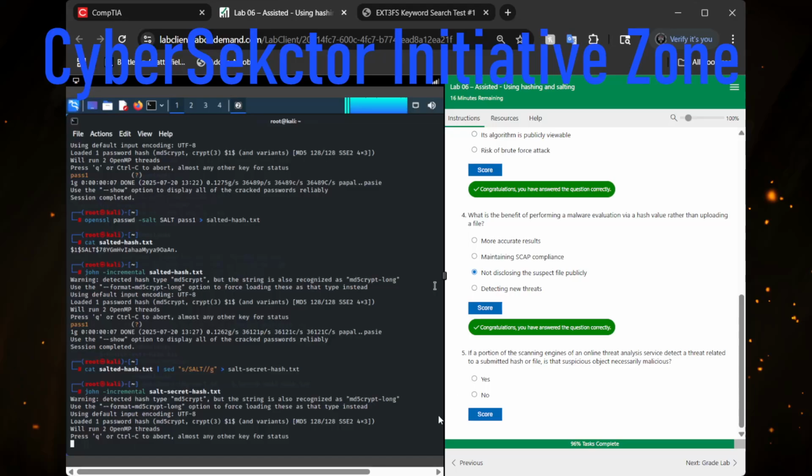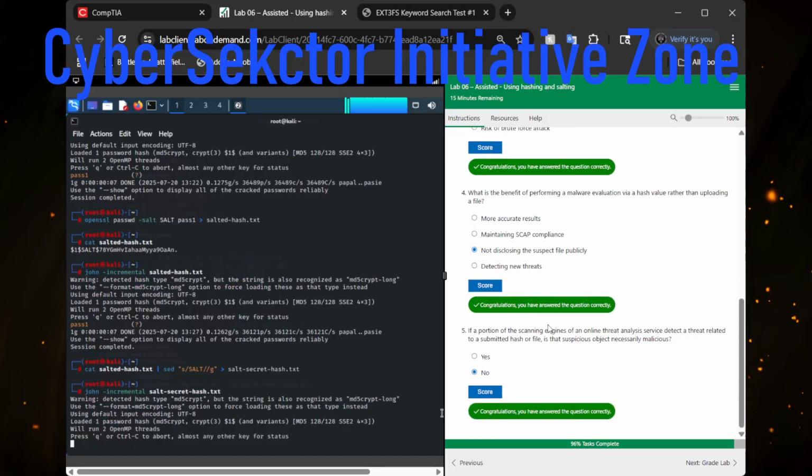All right, last question. If a portion of the scanning engines of an online threat analysis service detect a threat related to a submitted hash or file, is that suspicious object necessarily malicious? So it says right here, if a portion of the scanning engines of an online threat analysis service detect a threat related to a submitted hash, hmm, I'm gonna go with yes. That makes perfect sense. No, okay, so yeah, the answer is no, because